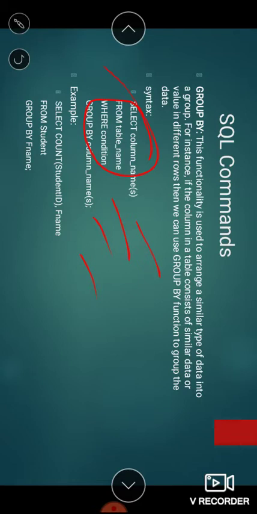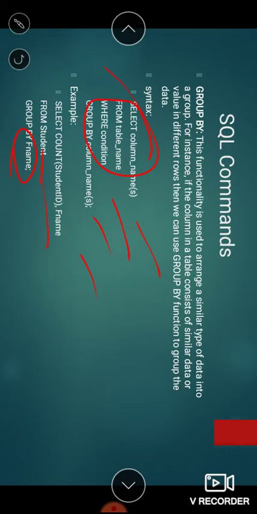Okay, so we will take an example. Let's suppose we are taking select count of student ID, F name from student group by F name. It will take the F name of the student, and based on that F name it will count the student ID.